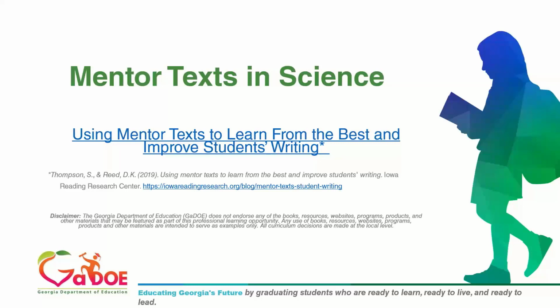And part of that is going to be using mentor text. If you have not used mentor text in your science classroom, they are a great way to help model for students, because we know, especially when you get into a lot of the theory around visible learning in science, a huge part of it for students is not just seeing the theory, but seeing things put into practice and seeing those exemplars. And so we've just embedded some resources throughout these slides to help you, and that's an article that will assist a lot. But Keith, if you'll go on to the next slide,